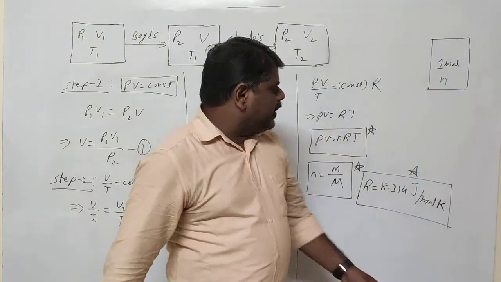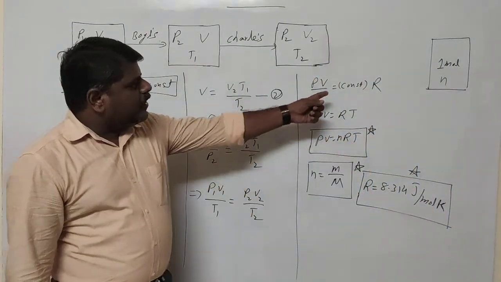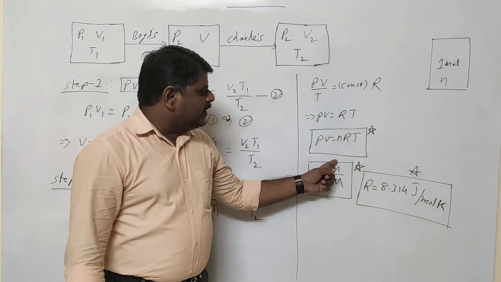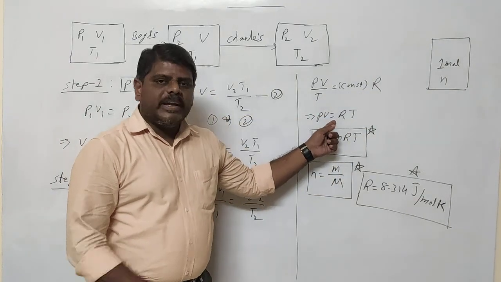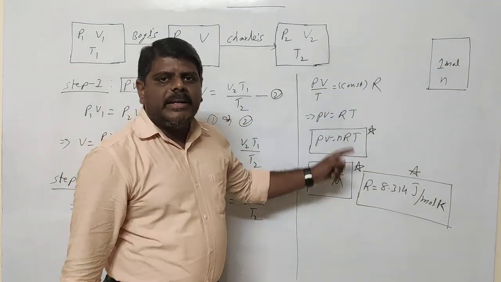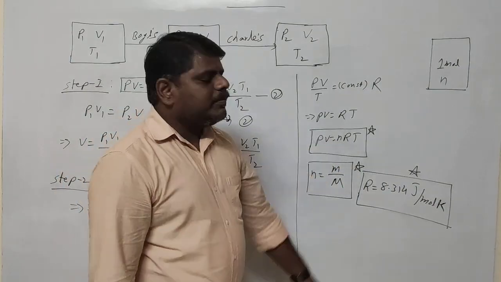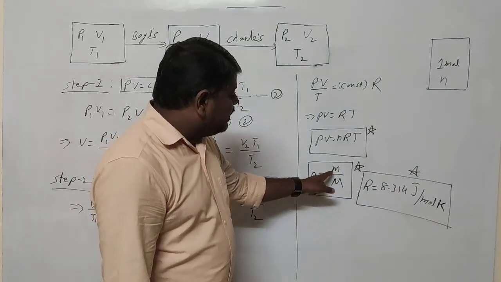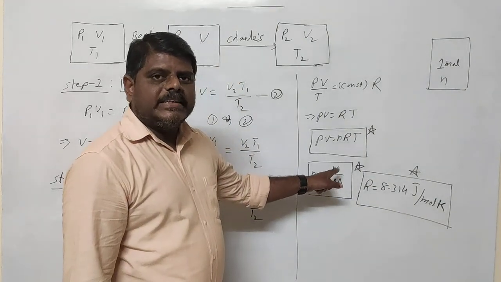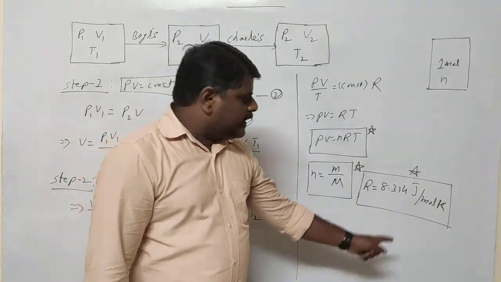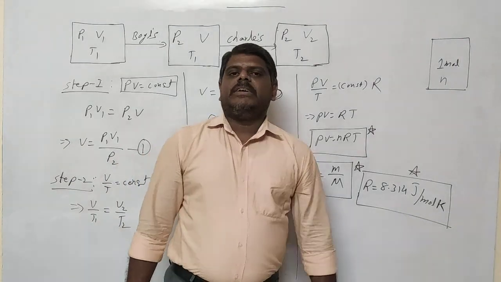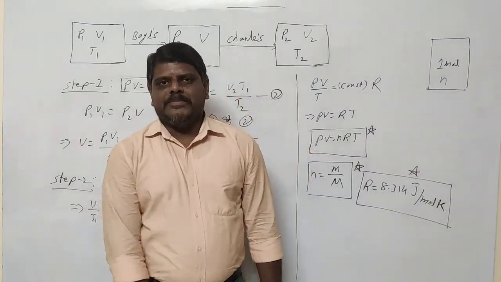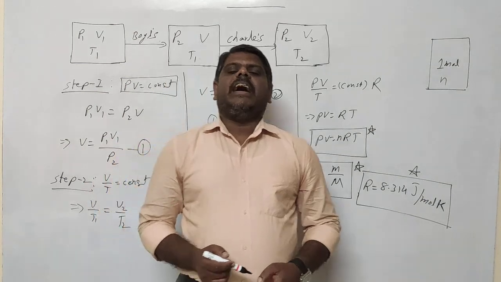Equate them, you get this equation, and you make it equal to R, taking 1 mole here. After that, if you take n number of moles, then PV becomes nRT, and you get this equation. And don't forget to write in words: small m is the mass of the gas in grams, capital M is the molecular weight, and don't forget the universal gas constant value. So this is the ideal gas equation.